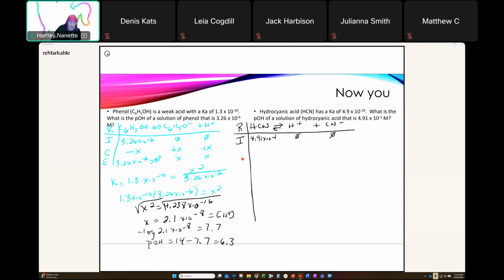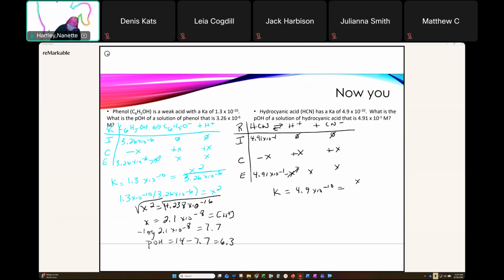I know that when I do my change, every time I break down one of these, I get one of those and one of those. So I end up with 1 H plus and 1 CN minus for every HCN that I've broken down. And at equilibrium, I have 4.91 times 10 to the minus 1 minus X, X, and X. X being small, we can ignore that. And so I end up with a K that's equal to 4.9 times 10 to the minus 10th equal to